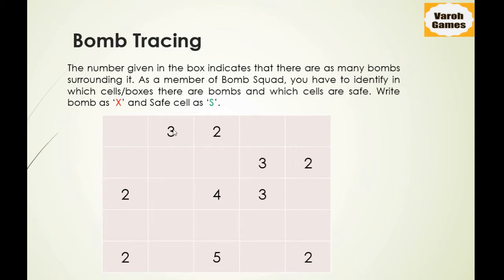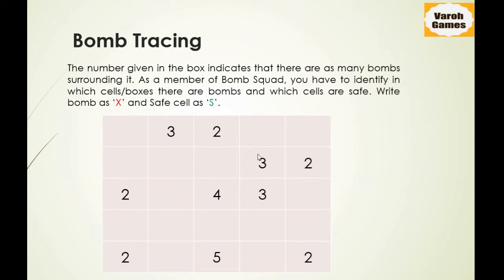One side, second side, one bottom or top, and these diagonal cells. And for the numbers which are written in the center, somewhere in the middle part of the plot, these would have 8 cells surrounding it. One bottom, one top, one this side, and 4 diagonal cells. So corners would have 3 cells, these side lines would have 5 cells surrounding it, and the middle of the plot would have 8 cells surrounding it. Based on that, if any particular cell has a bomb, we will write X, and if it is a safe cell, we will write S.